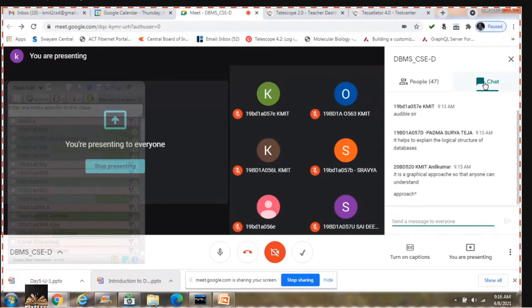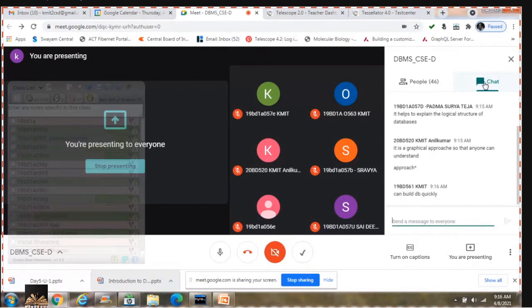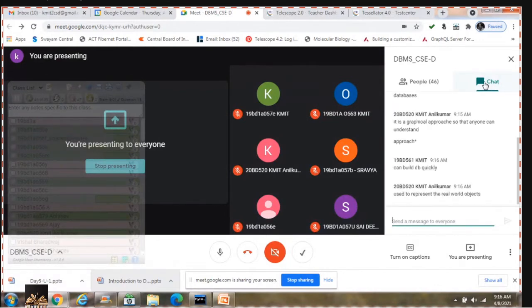Is 563 there? Used to represent the real world objects. What is that, Anil? Used to represent real world objects? Can build database quickly, right?